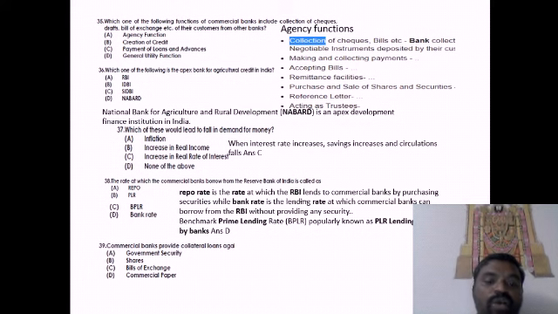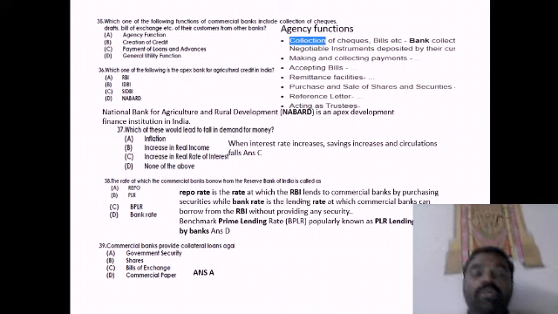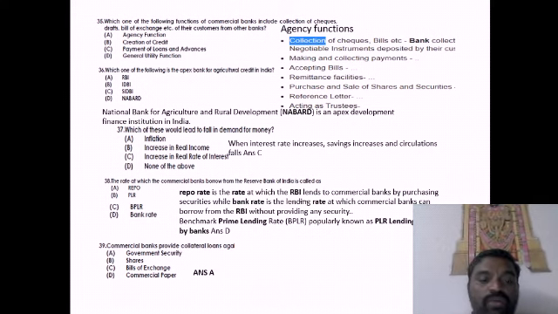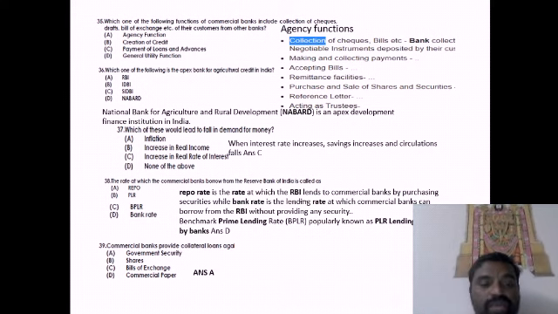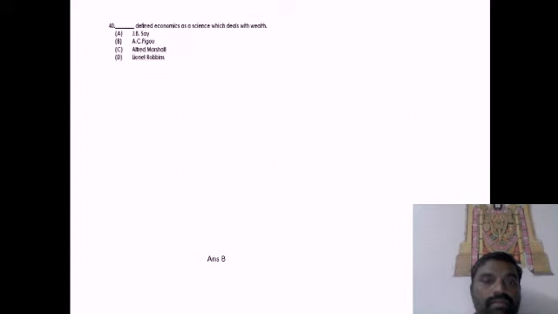Commercial banks provide collateral loans against government securities. Collateral loans will be given only against government securities. Next one,